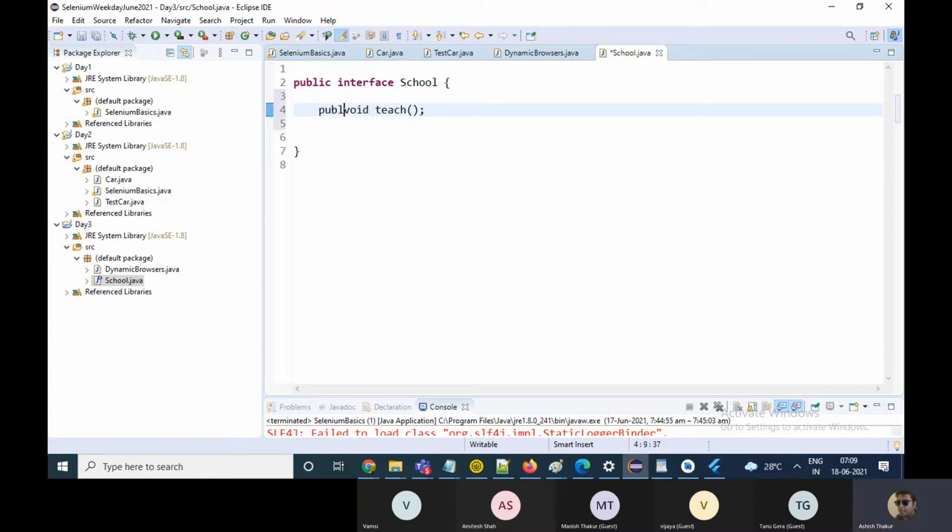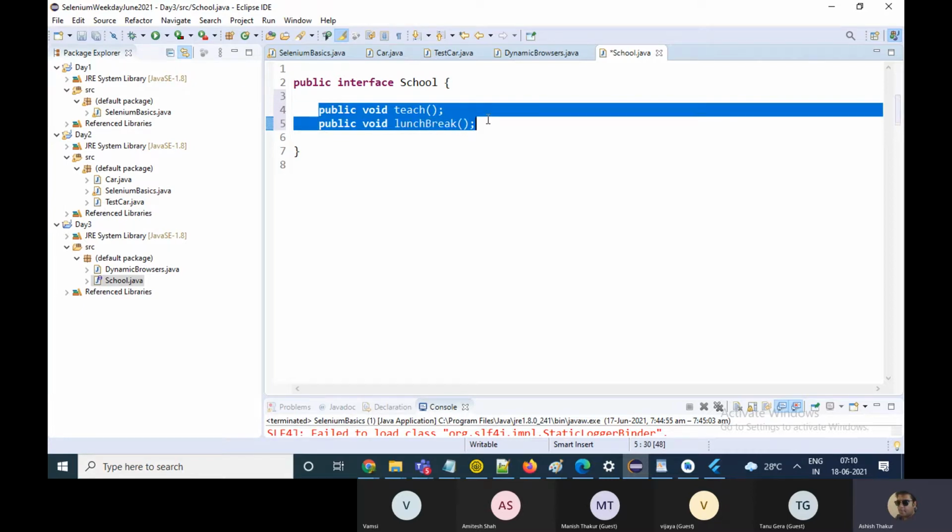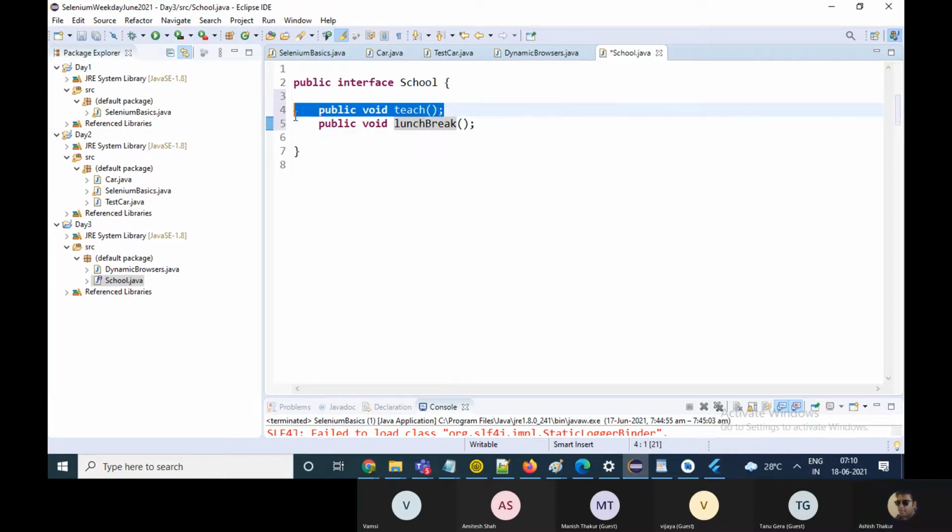Okay, you have got functions in interfaces which are just declared. Okay, right. So these are the functions of a school, basic two functions in a particular school.